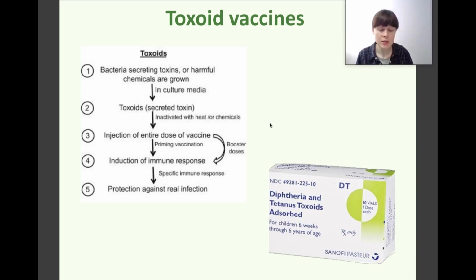Toxoid vaccines are especially good at preventing certain toxin-mediated diseases such as tetanus, diphtheria, and pertussis. But we have some minuses because you create antibodies against toxins, and booster shots are typically recommended every 10 years or so. An example is the diphtheria and tetanus toxoid vaccines. And you need to